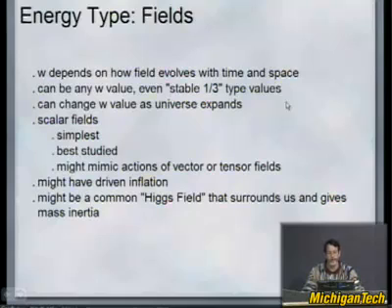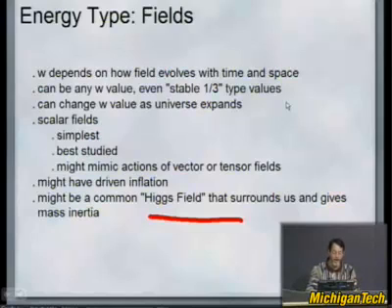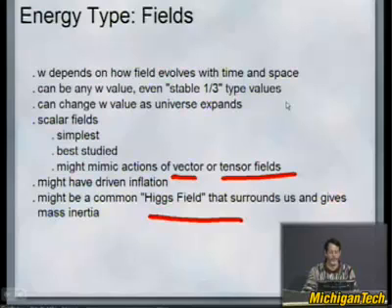Fields, which are different than perfect fluids, can mimic perfect fluids, but they don't necessarily have to. The simplest kind of field is what's called a scalar field, and it might have driven inflation. It also might be responsible for inertial mass and might be part of the Higgs field that surrounds us. It's possible that the Higgs field that surrounds us could be a form of dark energy that would affect the evolution of the universe in some aspect. You can make more complicated fields, vector fields and tensor fields, and they might even be right. But they're so complicated that we try to get away with scalar fields now and try to see how they evolve.